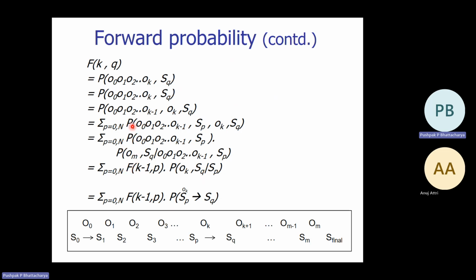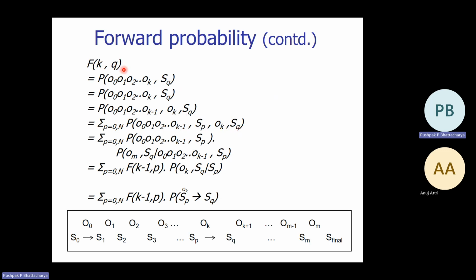So this becomes probability of O0, O1 up to Ok minus 1, the shortened prefix, comma Sp, all possible states Sp which the machine can be in, seeing the shortened prefix. Ok is already separated and Sq is the original